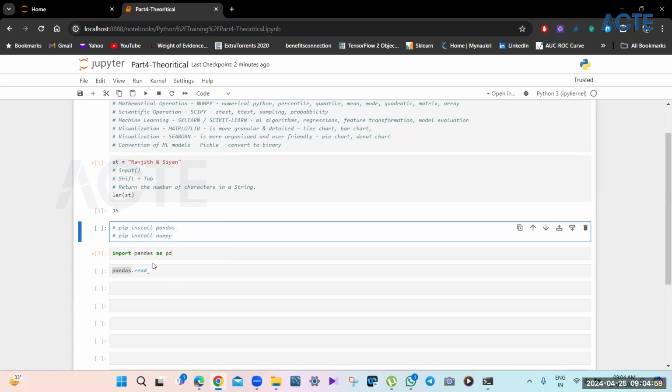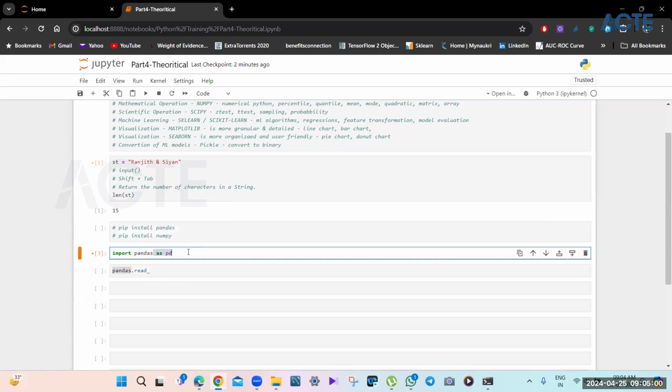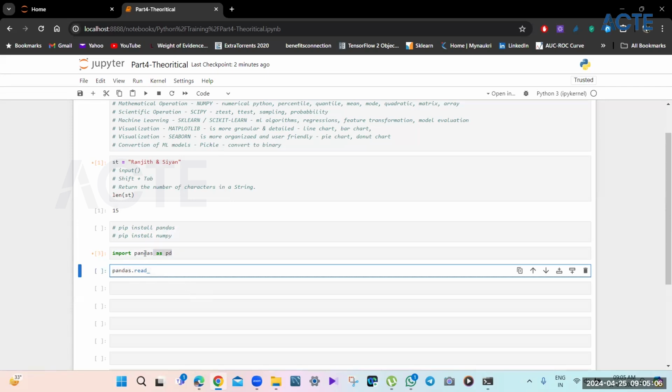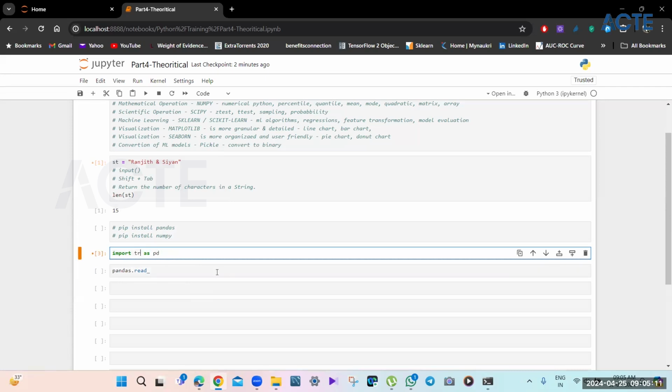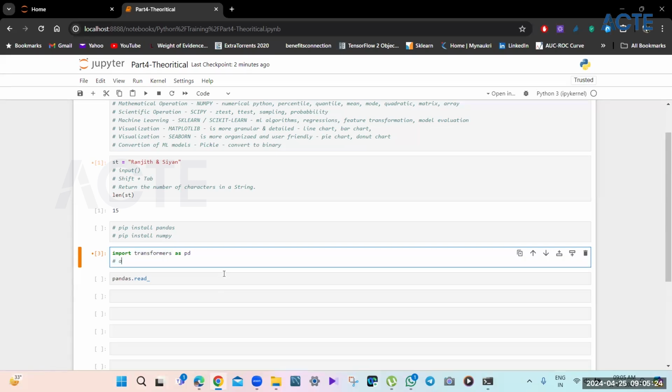Now, then why have we used this line? The reason is pandas is a big name, or let's say a particular package will have a big name. Let's say there is a package that I work with, the name of which is transformers. So every time you have to write transformers. Instead, we can use an alias. What is that? Alias means a synonym, or let's say a pet name.